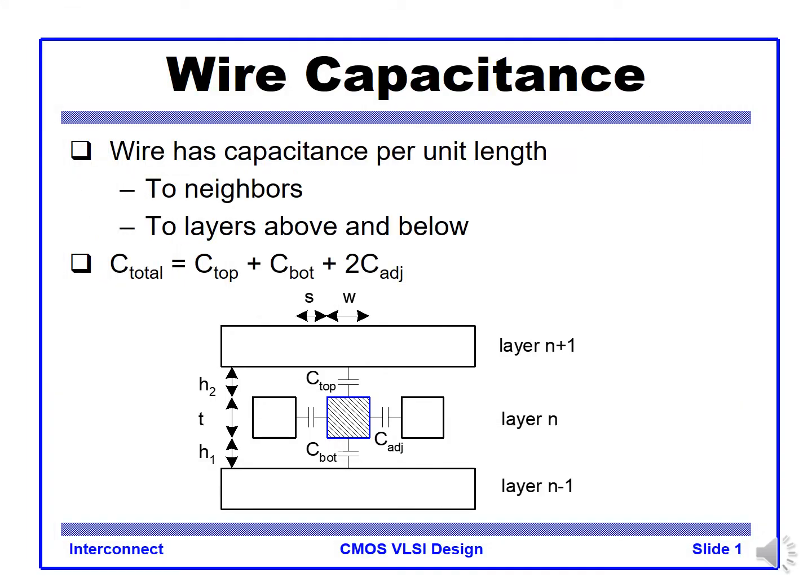Wire capacitance. We also have capacitance between the wires. For example, at the core wire we have wires at the top and bottom, and also neighboring wires left and right. All these contribute to the capacitance. So the total capacitance will be C top, C bottom, and 2 C adjacent. So this core metal sees this much